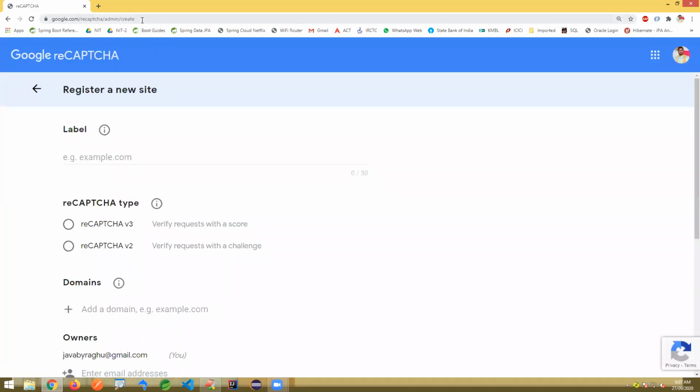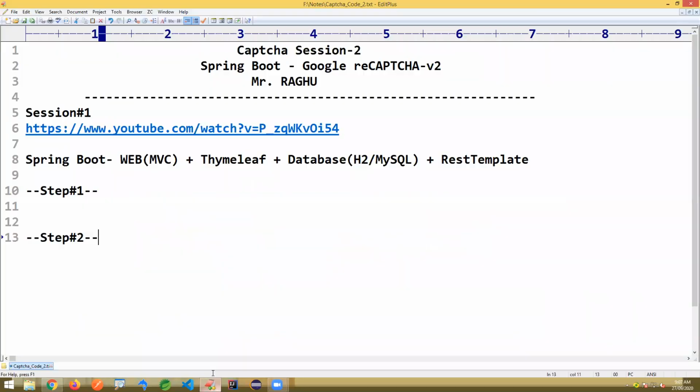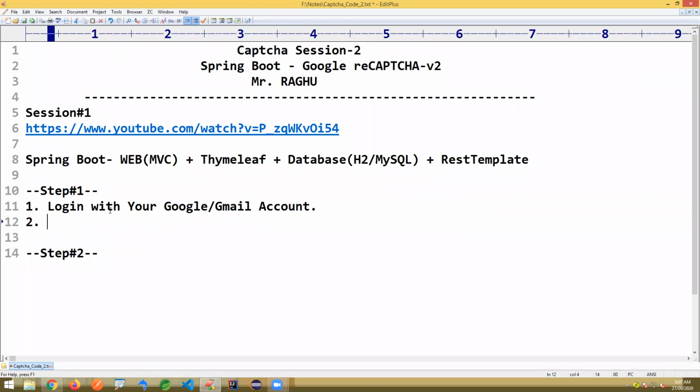Using this URL, you can go and register your website. This is a link I'm directly giving. So first, log in with your Gmail account, and then go to this URL.